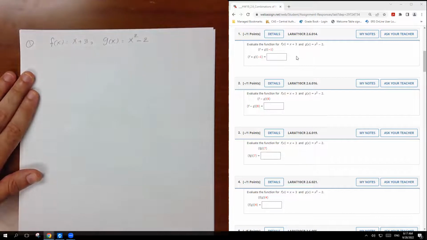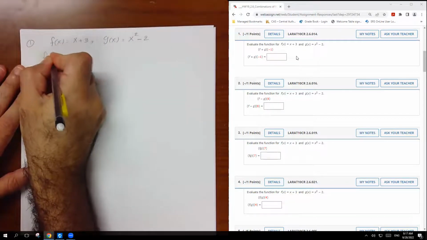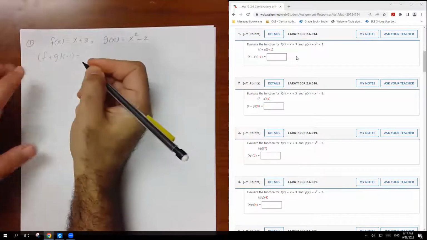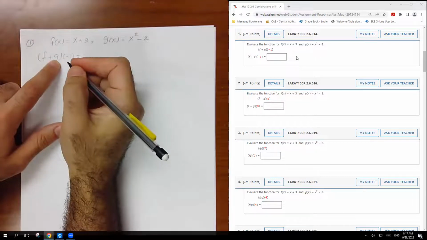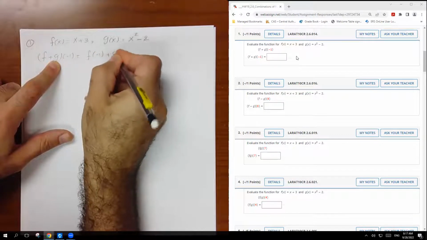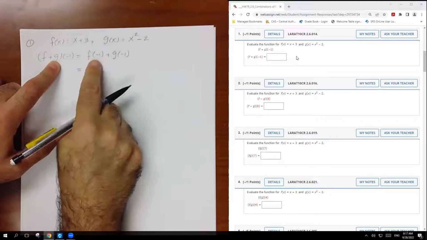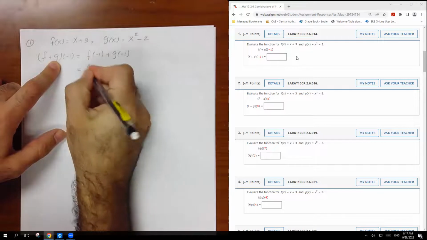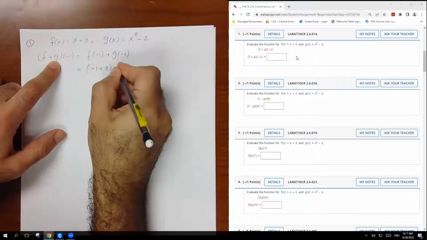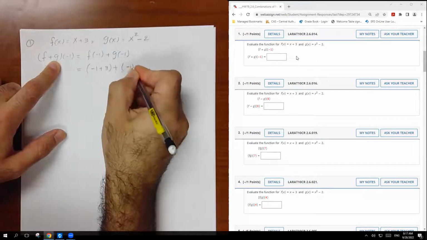Now we need to find f plus g to the negative 1. I'm just going to use the rule that says f to the negative 1 plus g to the negative 1. Then I'm going to plug in negative 1 here with the f function. So it's going to be negative 1 plus 3, plus with the g function, negative 1 squared